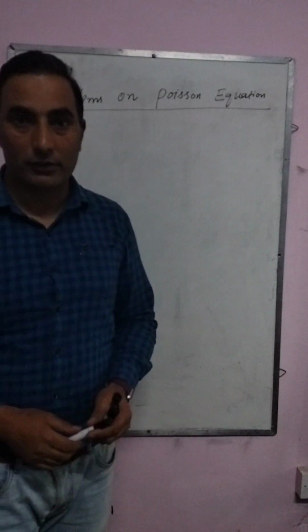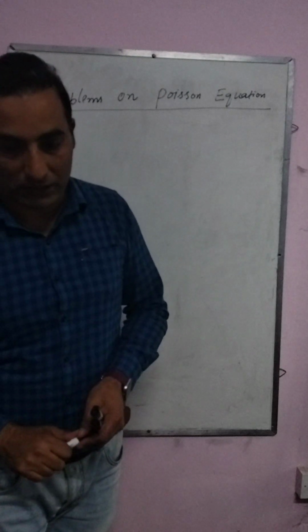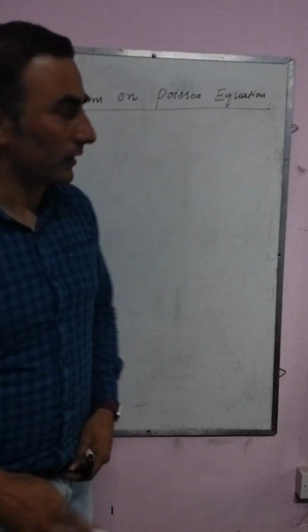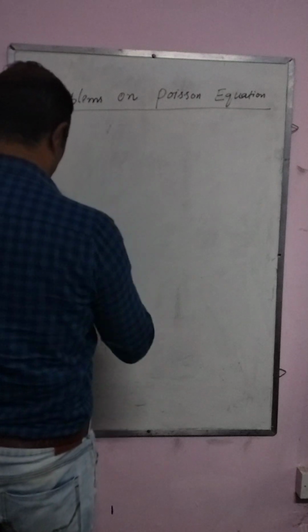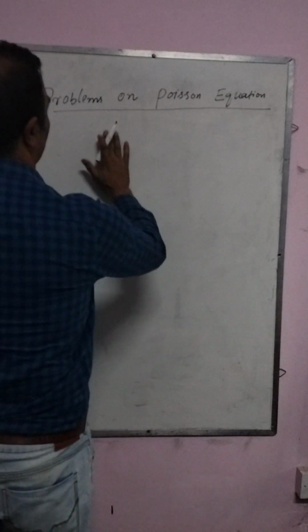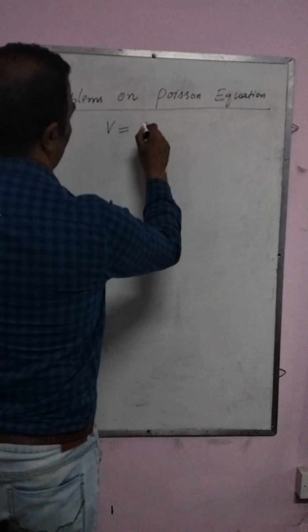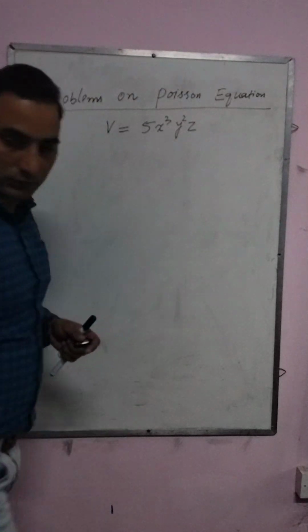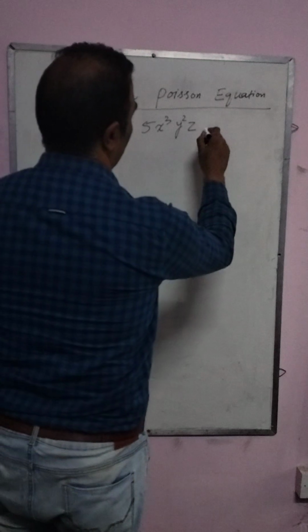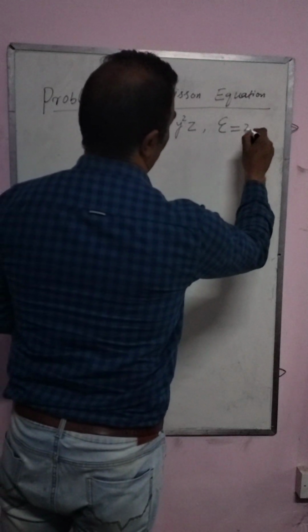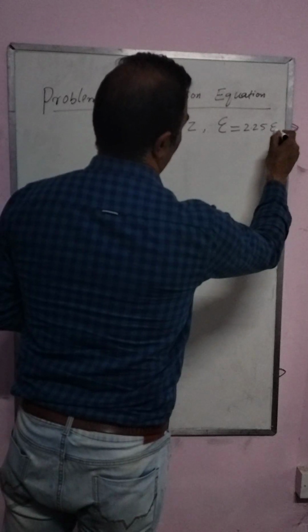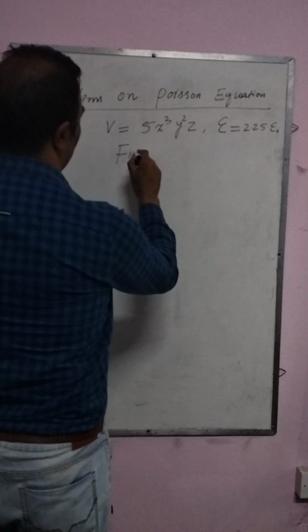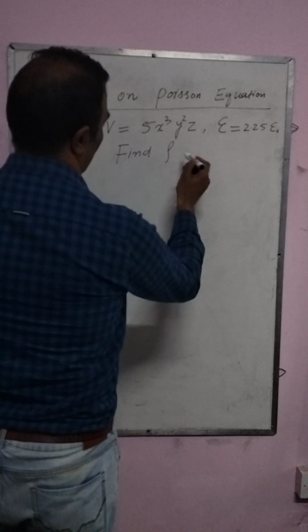So if I take one example, one problem on this Poisson equation, and similarly we can also do some problems on this Laplace equation also. तो पहले हम एक देंगे, if we have some potential V given to us, so V will be equal to, and this epsilon is 2.25, and we need to find rho at